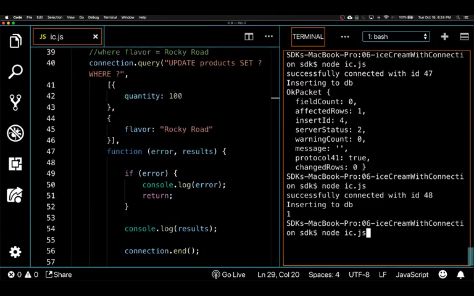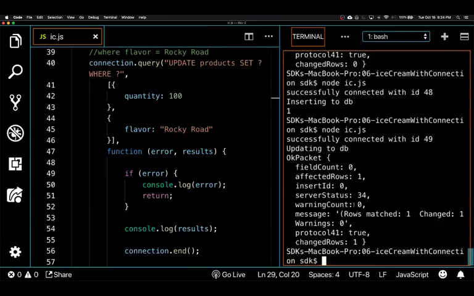and then run this. Okay, so I came back updating, it says rows affected 1. If I go to my database, my quantity has now increased from 40 to 100. All right,